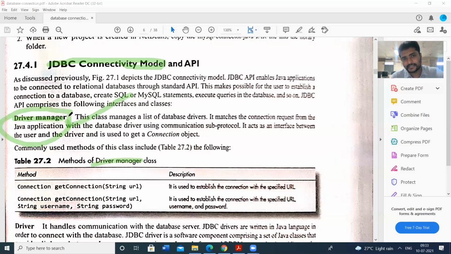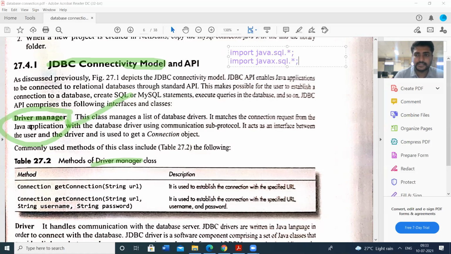All the database related things are imported from the packages import java.sql and import javax.sql. From these 2 packages, all the database related classes and methods can be imported.